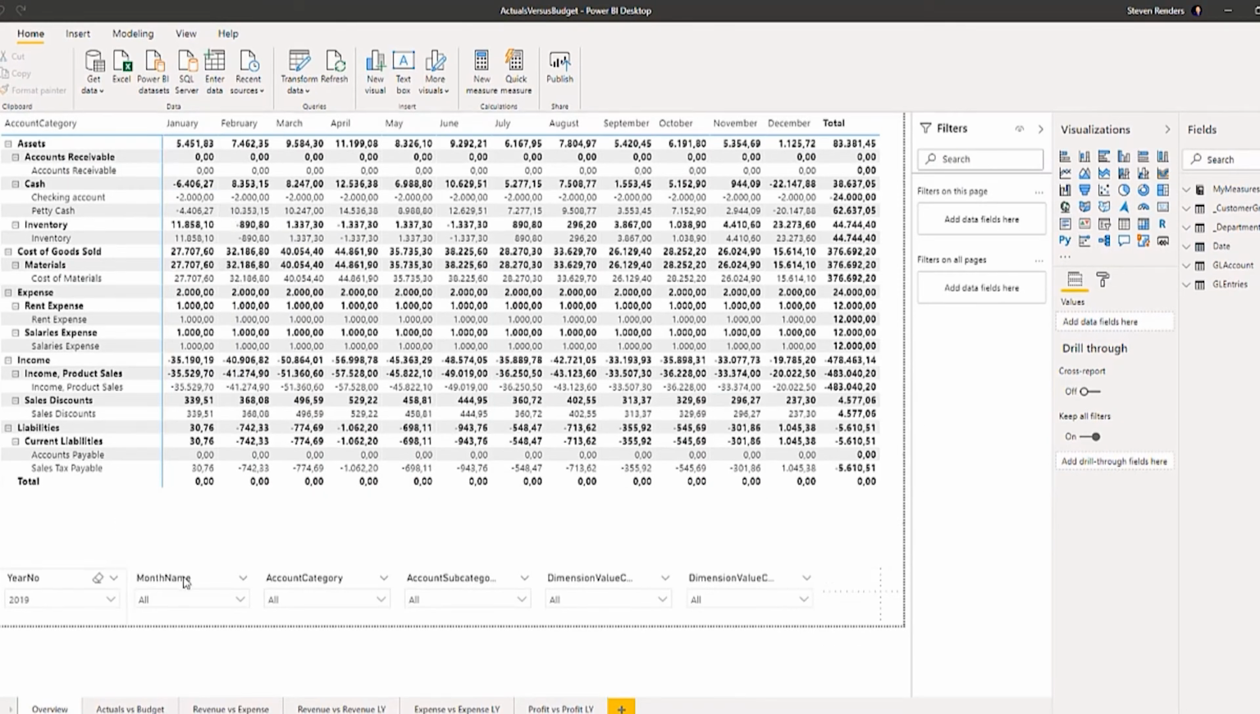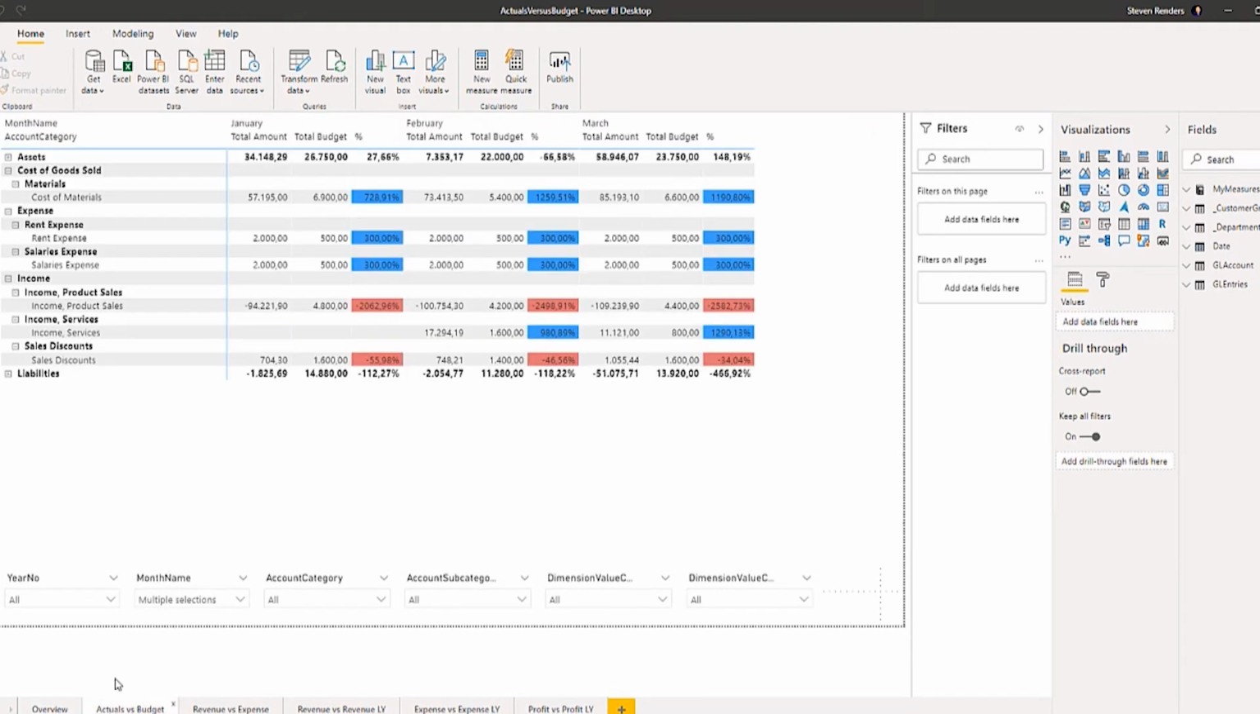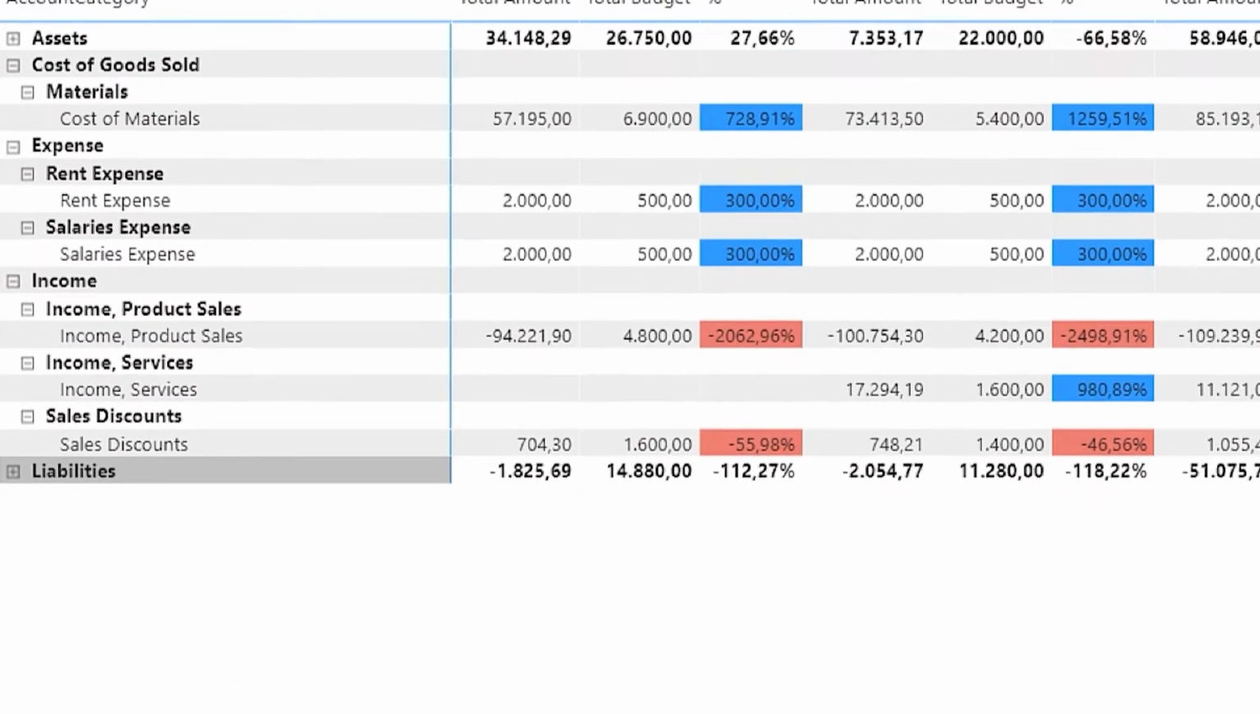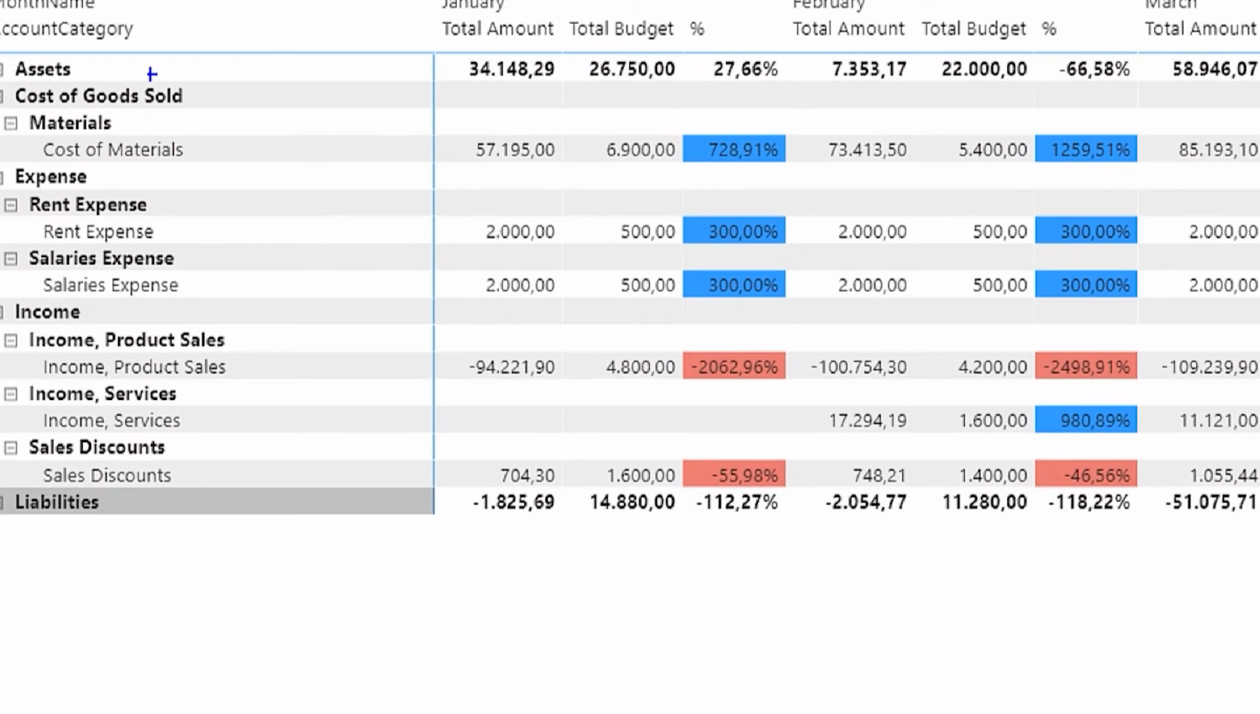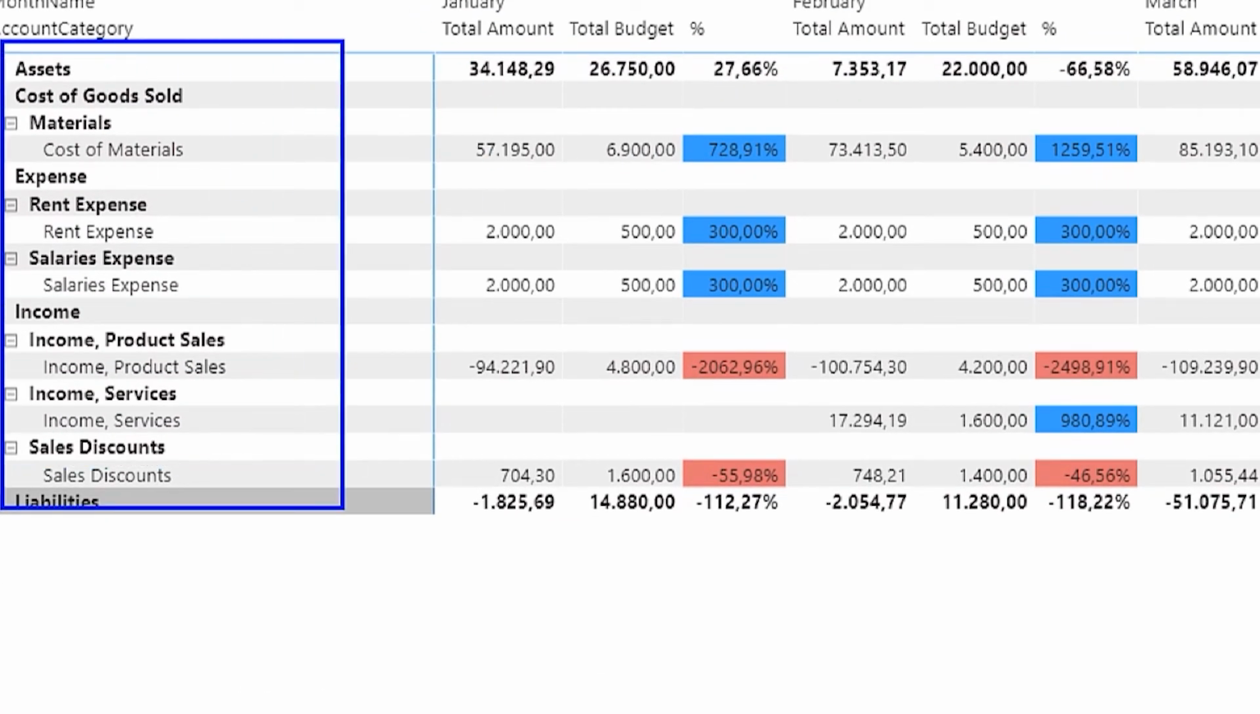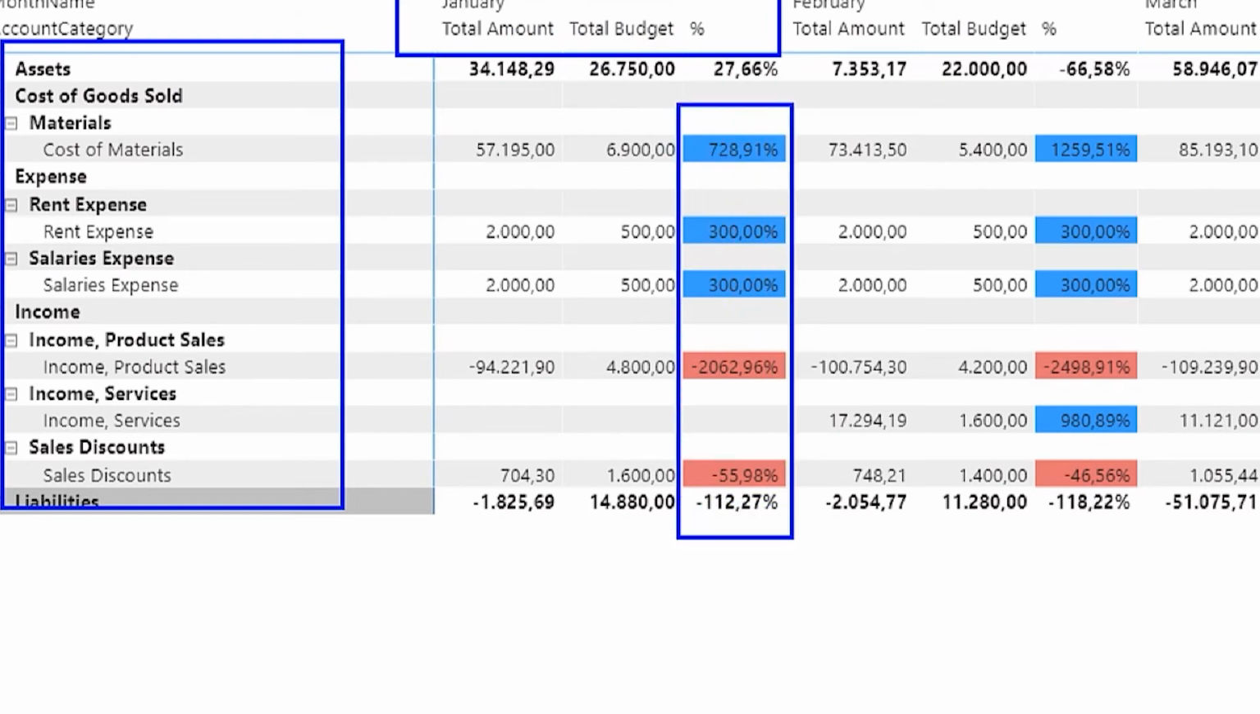Okay, and I can filter that on different values. I can also very easily compare the actuals versus the budget. I can do that per account, per month, as you can see. And I can compare amount and budget. Based on the total amount and the total budget, you can also calculate the percentage to see if you are